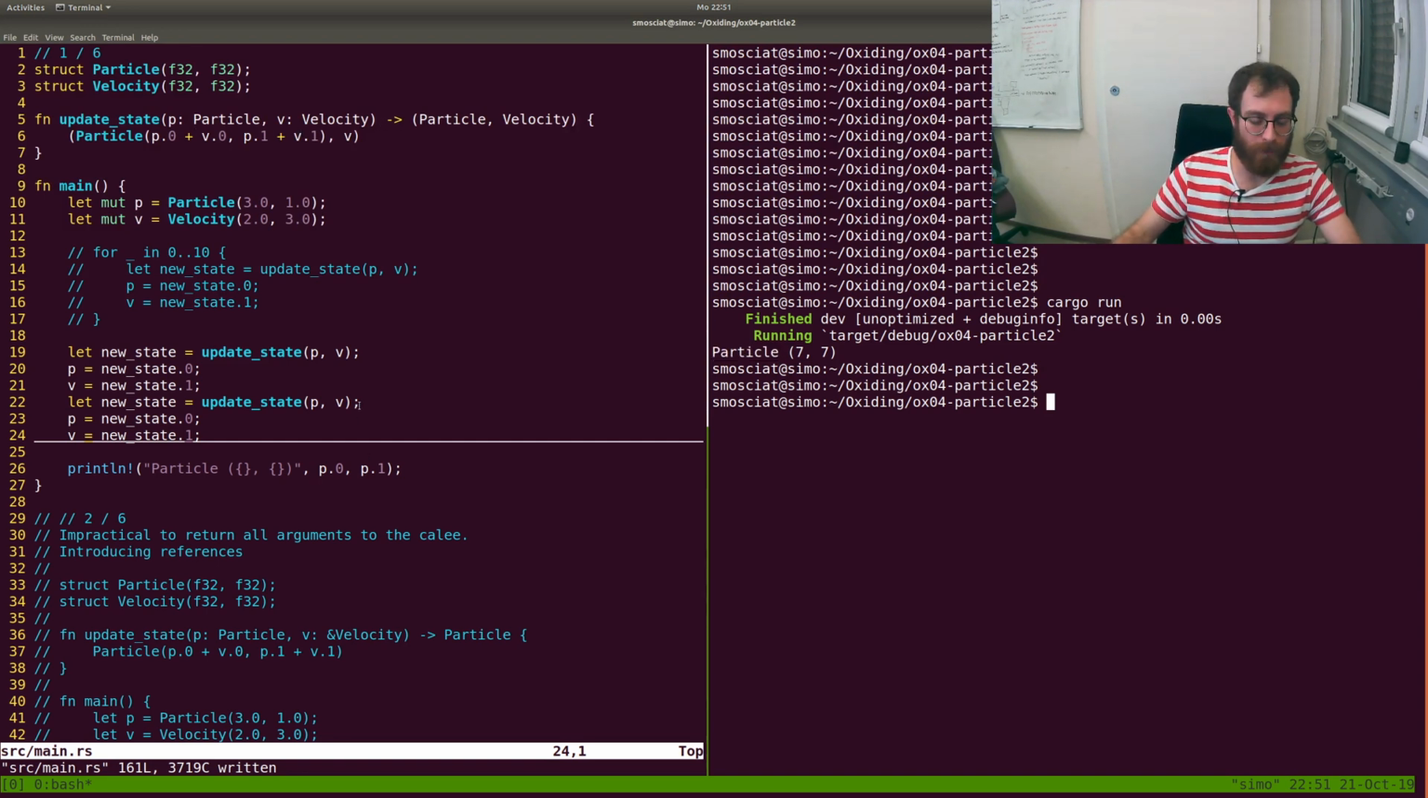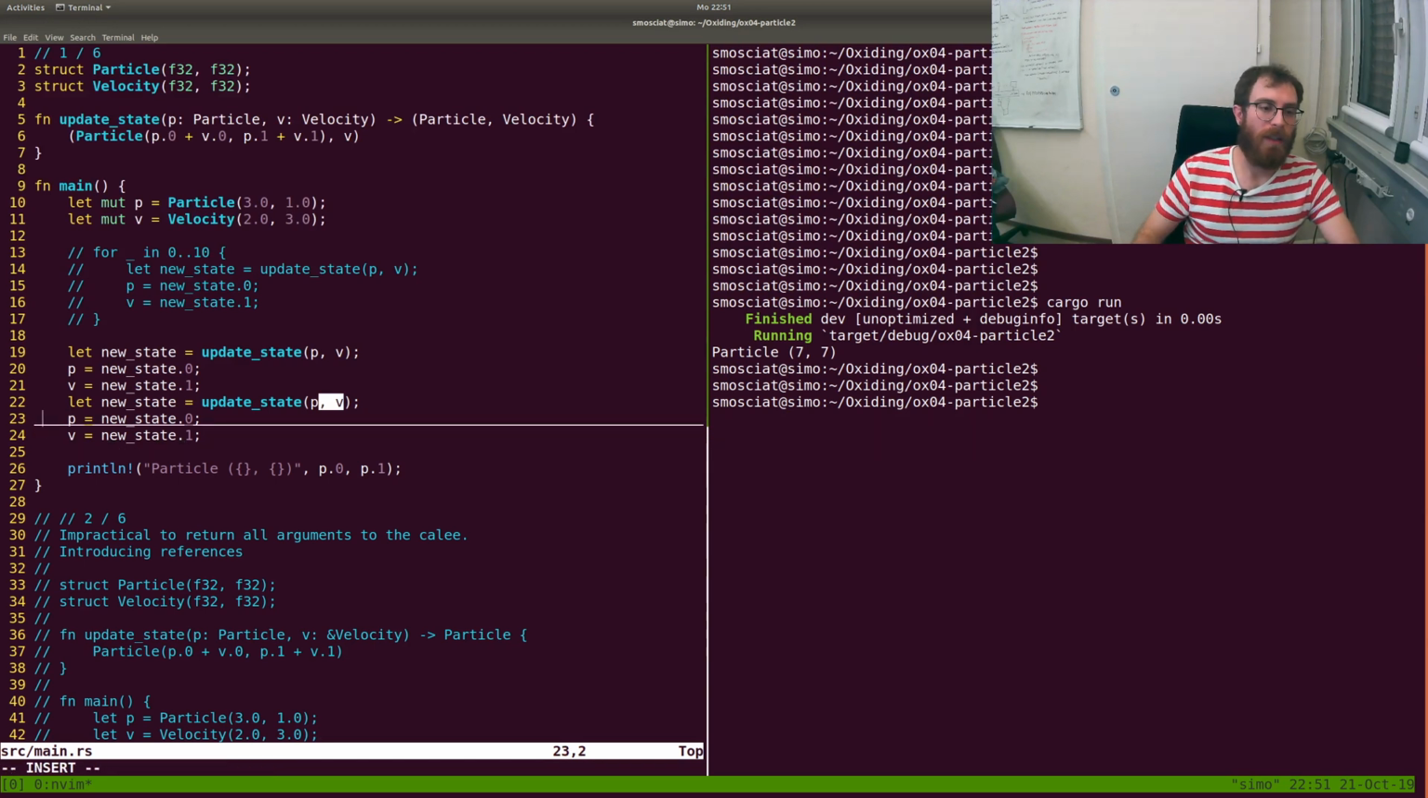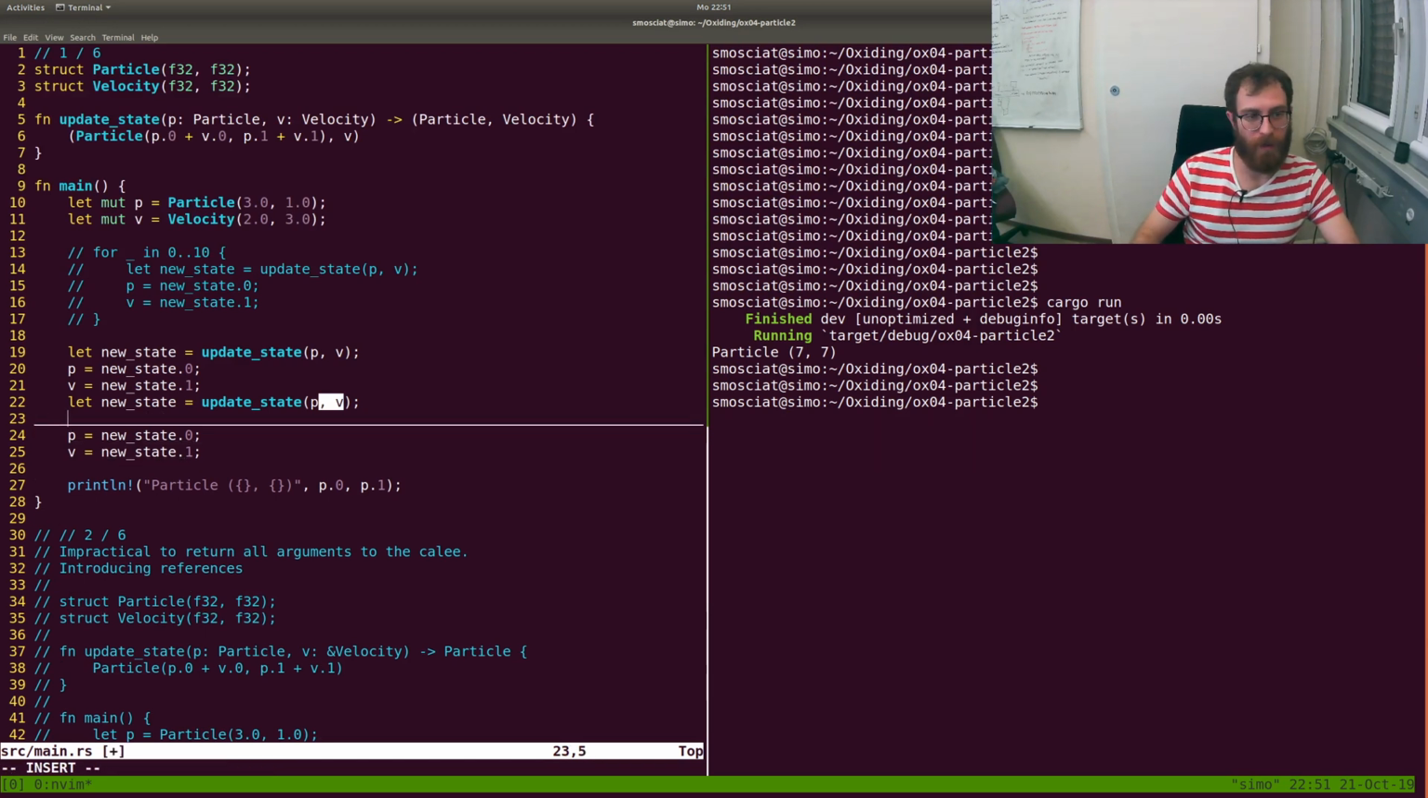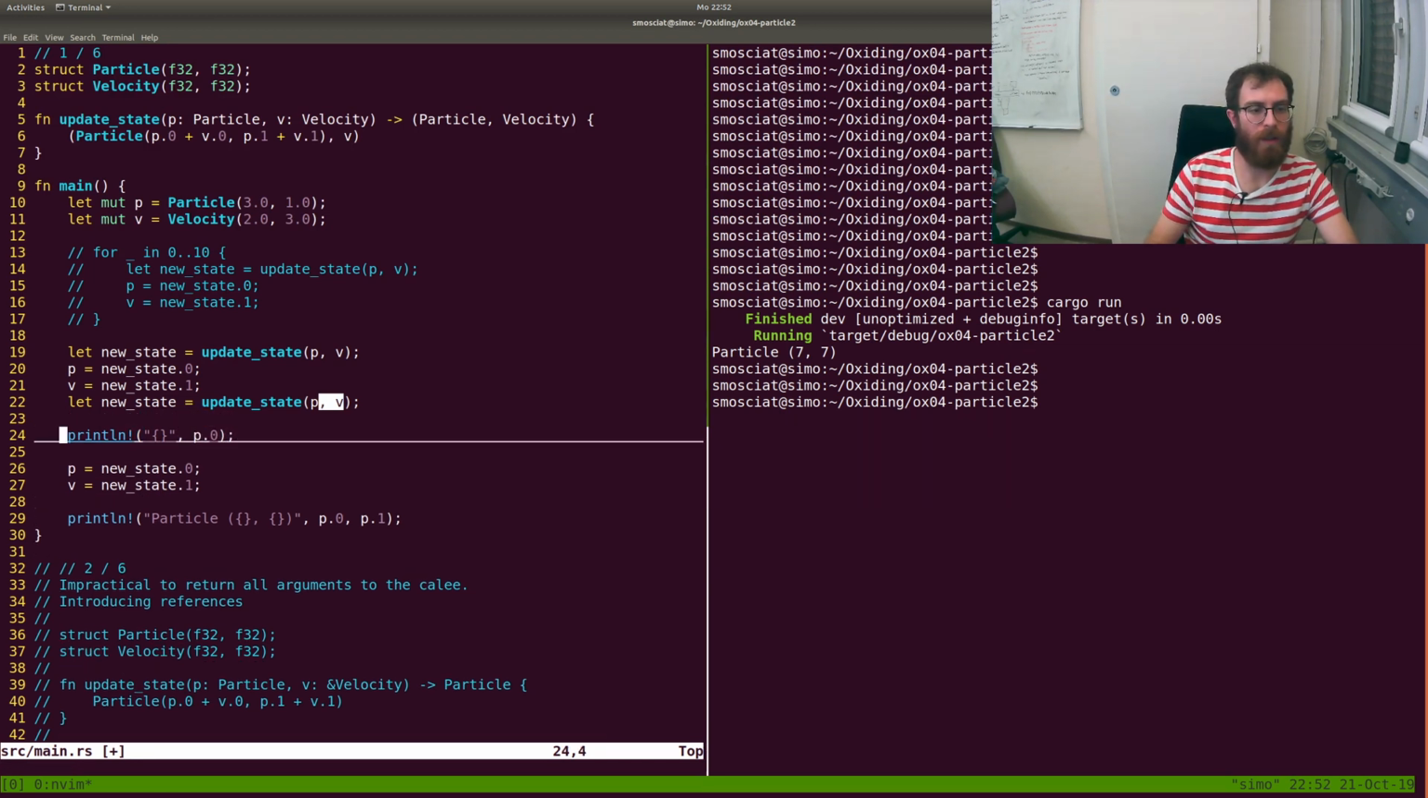And the important point to understand is that in Rust, when you pass something as a value, like in update state, you pass the particle p and the velocity v. In the line after, p is not defined anymore. So, for example, let's suppose we want to print p here. This will not work,